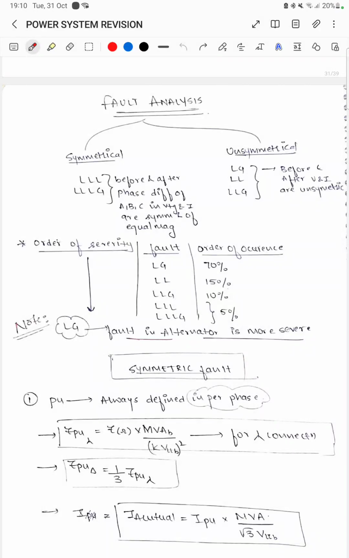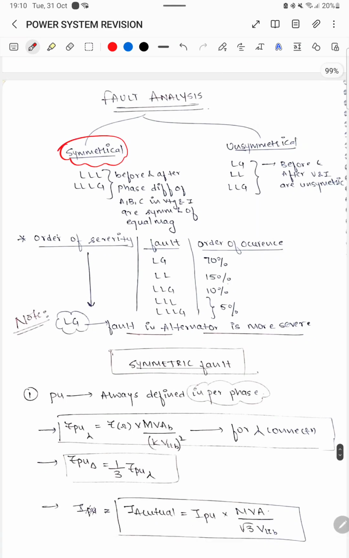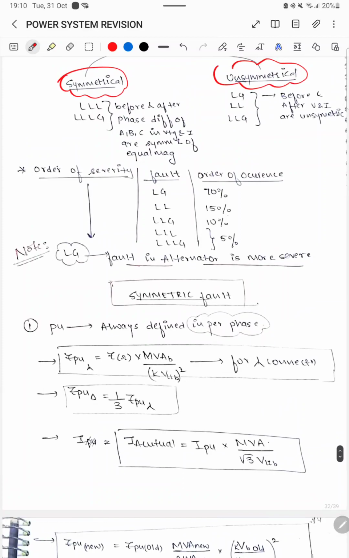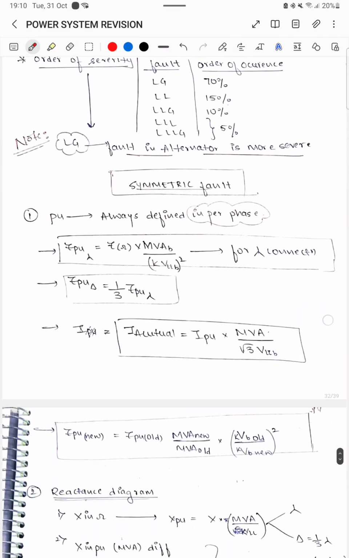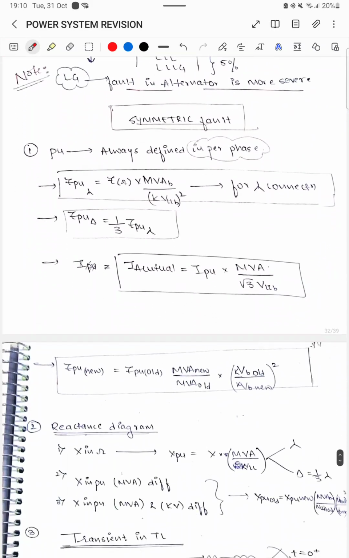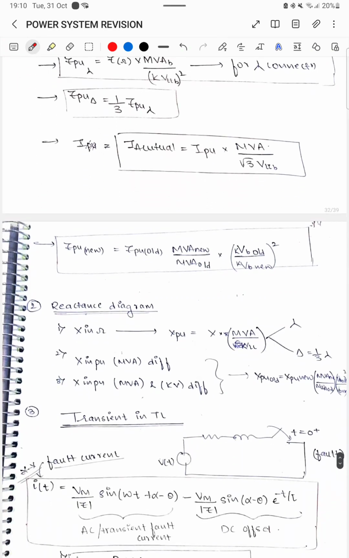Hello. So in this video we'll be looking at fault analysis part 1. Fault analysis can be broadly divided as symmetrical and unsymmetrical. In this video we'll look at order of severity, we'll see the classification of symmetrical and unsymmetrical, and we will broadly look into symmetrical fault. In symmetrical fault we will look at per unit analysis, per unit conversion, then we will